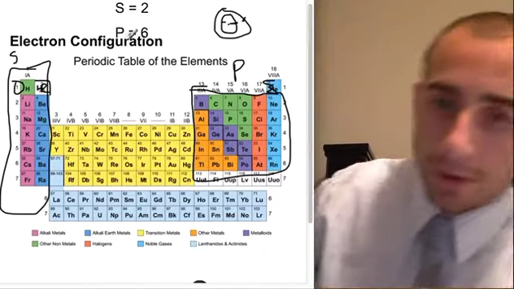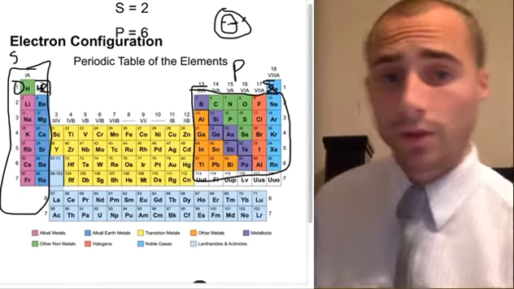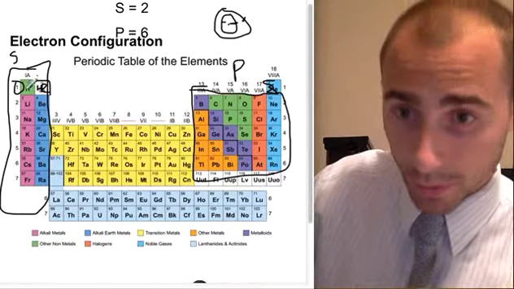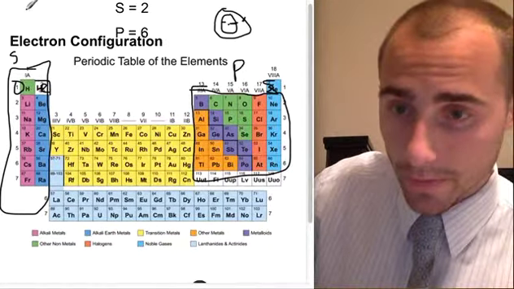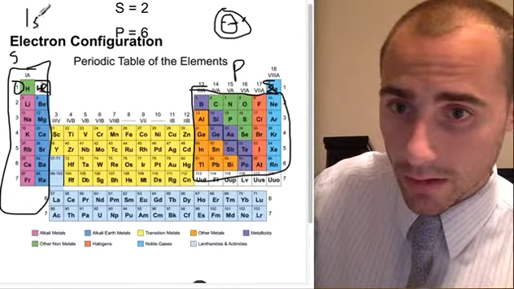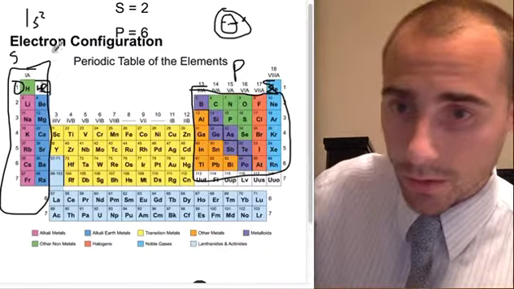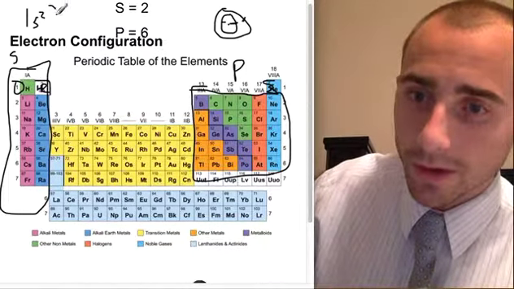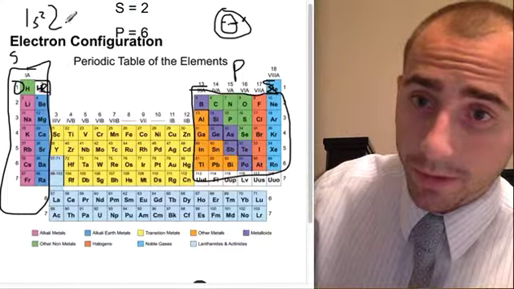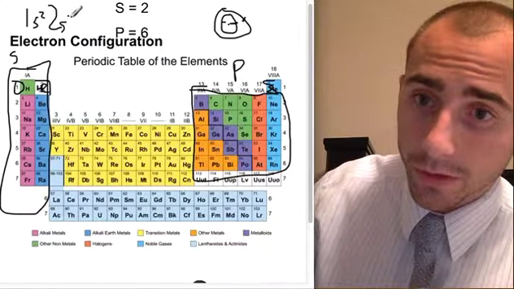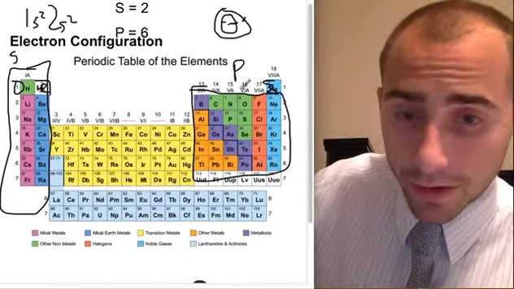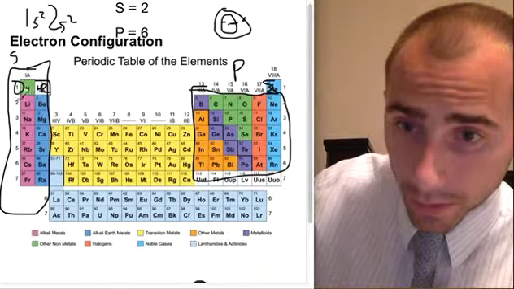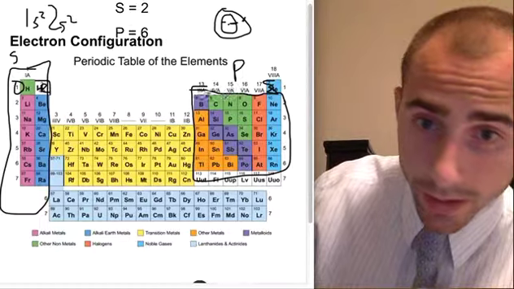If we look back, we know our 2p section, or our p section, can hold 6. So we know this is full. 1s2. That's full. Then we move down here, 2s2. Okay, we know our 2s is full, because remember the s's right here can only hold up to 2, so as soon as you've got 2 there, they are full, so 2s2. Then we have entered our p section, and for our p section, we still look at our row, so it's still in period number 2,